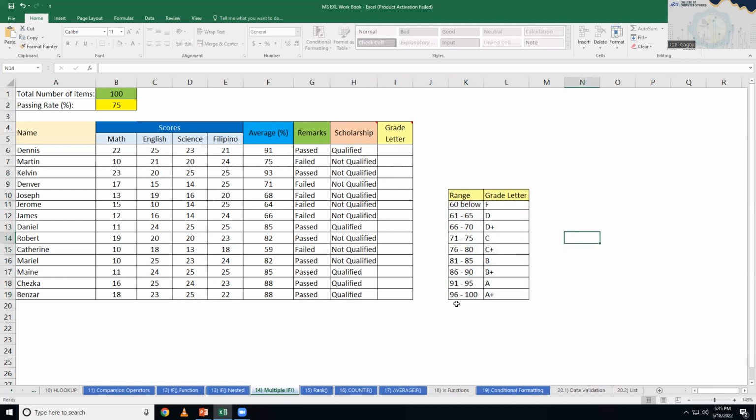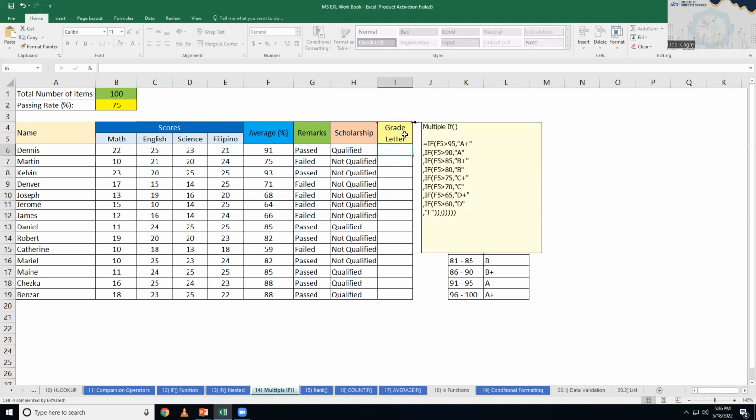So if the score is between 96 to 100, then the grade that will appear here is A plus. And if it's between 91 to 95, your grade should be A. 86 to 90 should be B, and so on. So if your score is less than 60, then your grade is F. So how do we perform this one? Using the multiple IF function,